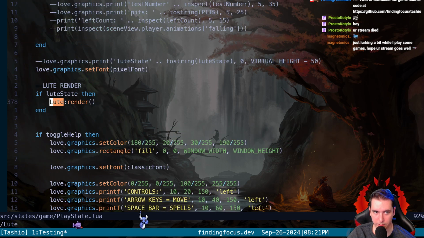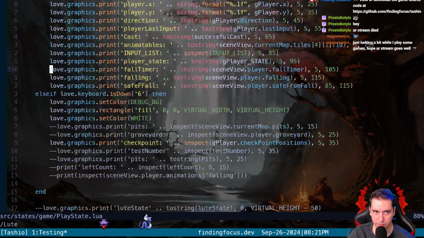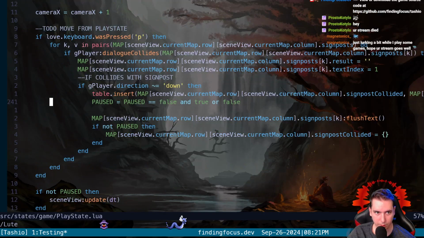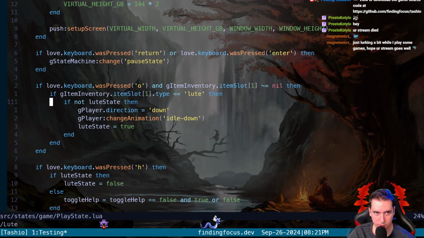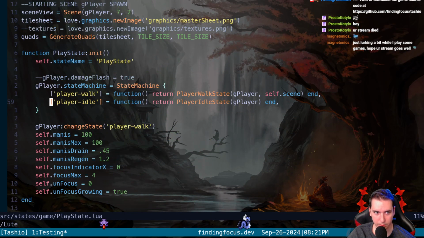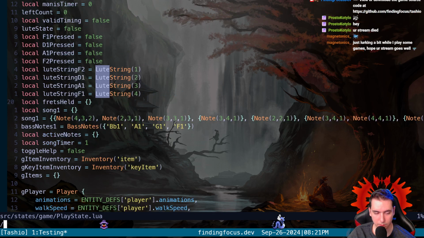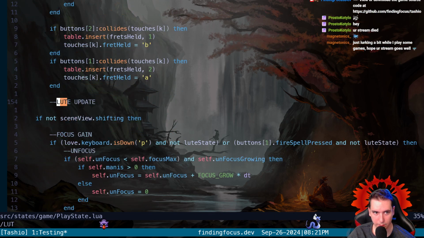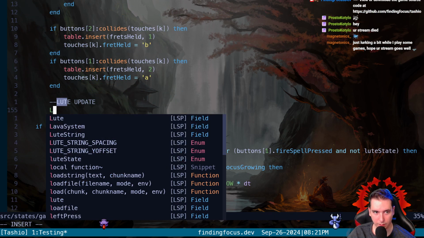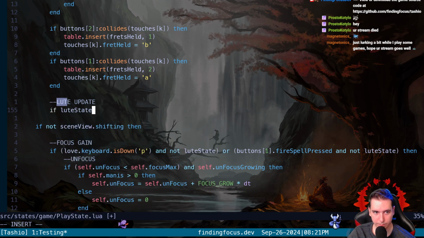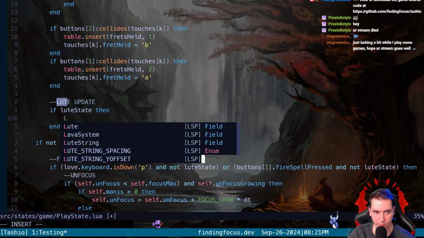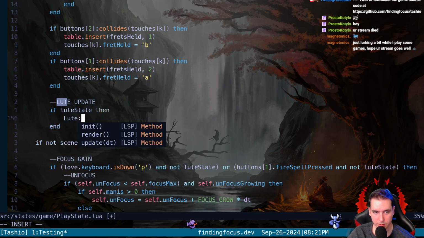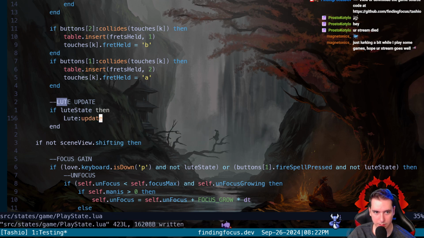Loot. We need it still. Dude, where did it go? I swore we left ourselves a little note here. There. Okay. We'll say if loot state, then we want to take our loot class and go ahead and update it with delta time.